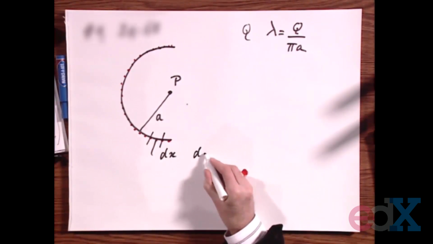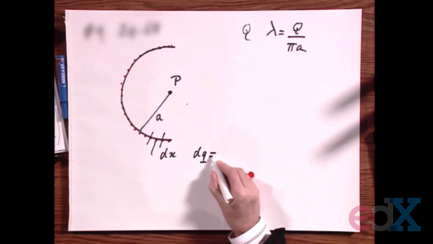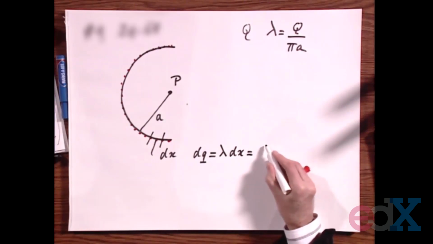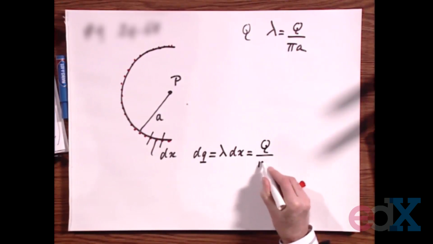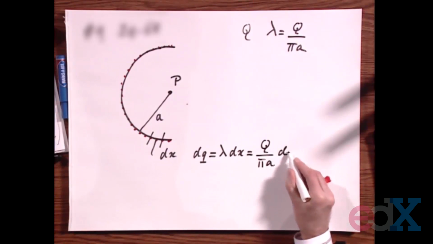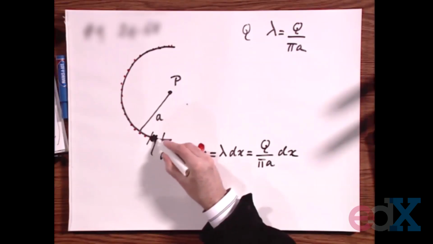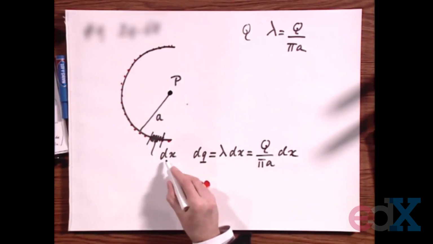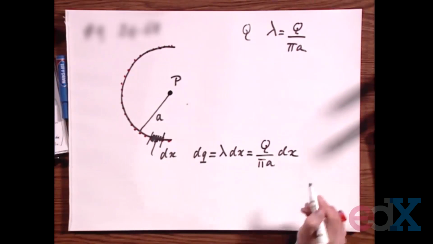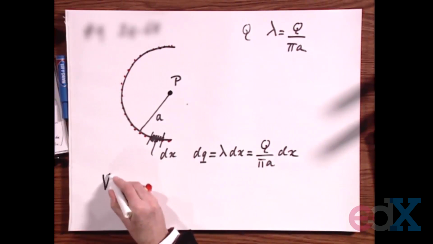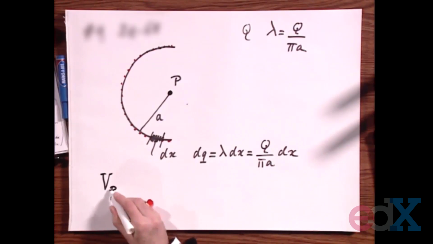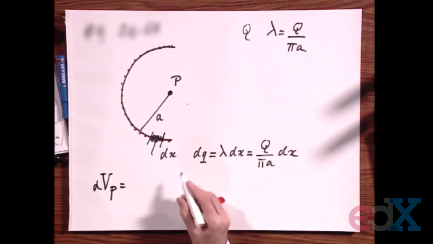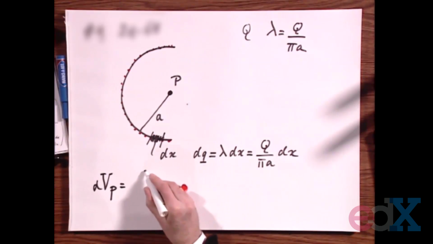That little section dx contains a charge dq, which is lambda times dx, which is therefore Q divided by pi a times dx. That is the little amount of charge here. The potential at point P as a result of this charge, if I assume that infinity is 0, so that potential, which I will call dVp, it's only a teeny weeny little bit due to this section dx, therefore equals